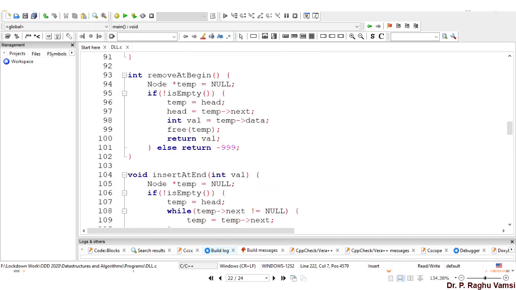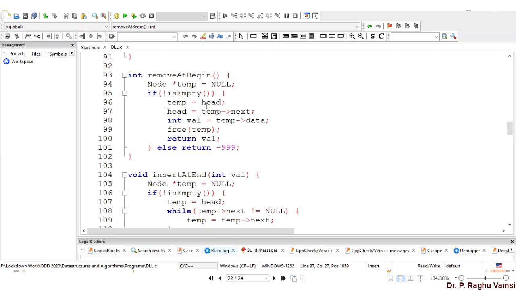So node removing at begin: node star temp is equal to null. If not is empty, temp is equal to head, head is equal to temp next. Now head previous should be pointing to null because head is equal to temp next. Whenever we remove the first node, the next node becomes the head, and its previous should point to null, and the first node will be freed.